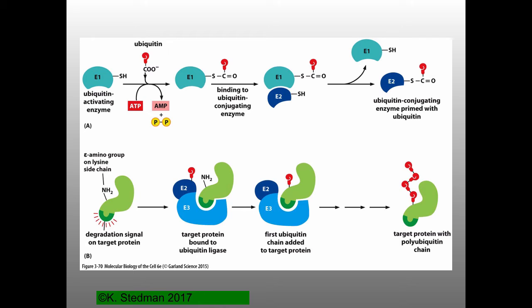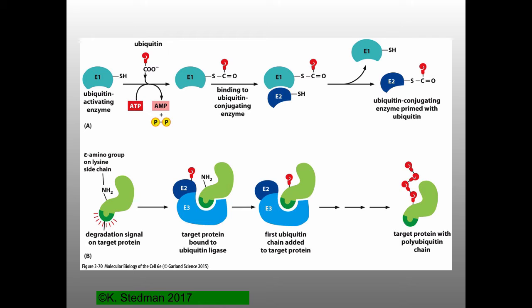But again, mostly as far as we're concerned, it's just serving as a signaling molecule here. But it's important that it's a protein. We'll get back to that a little bit later on. So in order to have this marker, and it's a covalent marker, which means there's a bond that gets formed between ubiquitin, literally the C-terminus, the carboxy end of the ubiquitin protein, and first a ubiquitin activating enzyme called